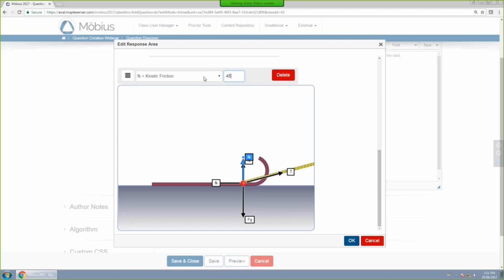You could have said 45, and it'll draw that as well. So you define what they are, then you can adjust the length that you want for each one. Now the only thing that is